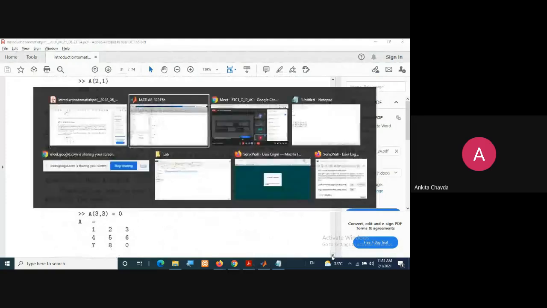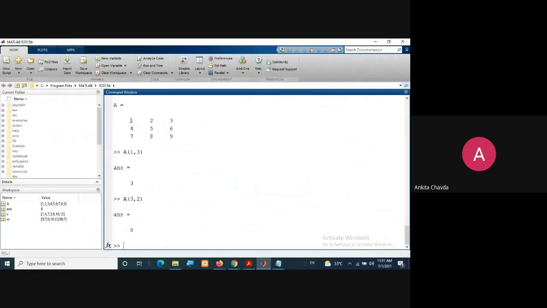If you want to change any of the value, suppose here by mistake I have created one of the matrix, but here my value I want is 0, not 9. So what I need to do, I just need to write its index first. So here this is your third row, third column. So I'll write 3, 3 equals to, now whatever the value you want, that you can write. So now in your matrix, this value has been changed, right? Simple, very easy to change the value.